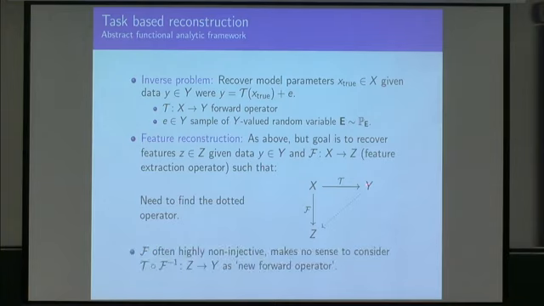And of course, the pure mathematical point of view would be saying that, well, this is nothing new here really. Why don't you consider this combined operator as your new forward operator? You're done. Well, what's new here? Of course, the whole argumentation here is that this feature extraction operator is highly non-injective. So it really doesn't make sense to even try to consider T composed with F inverse as a new forward operator, so to say. Don't even try to go that route, I would claim.